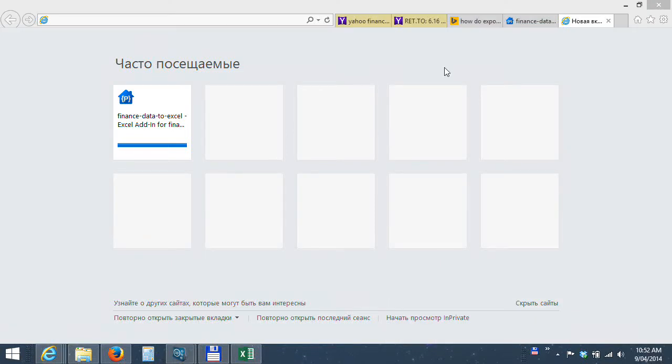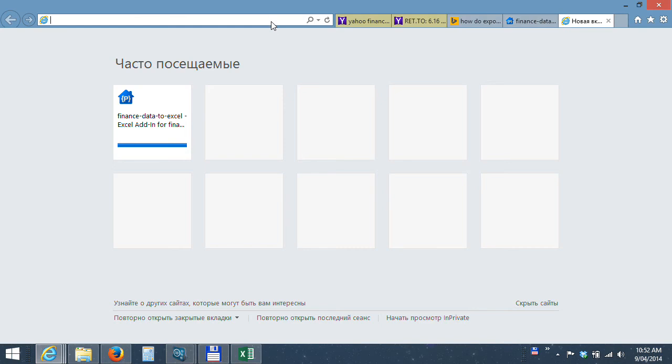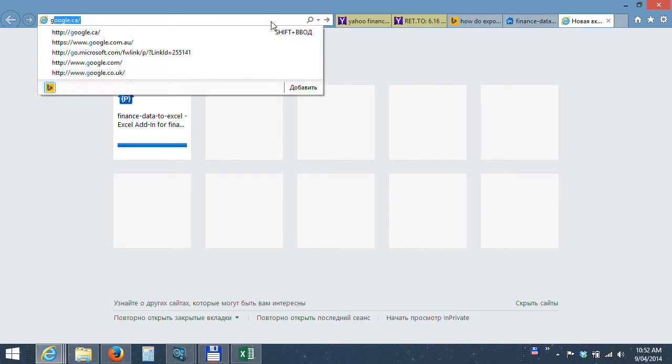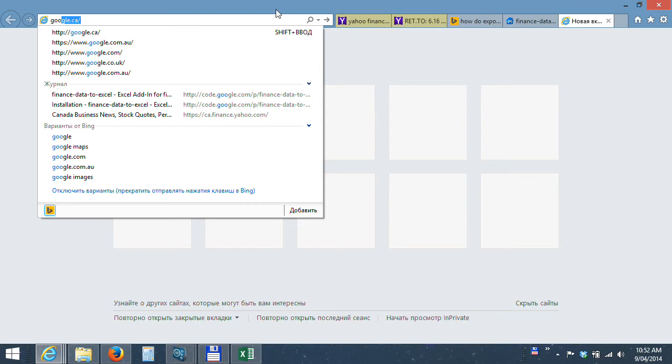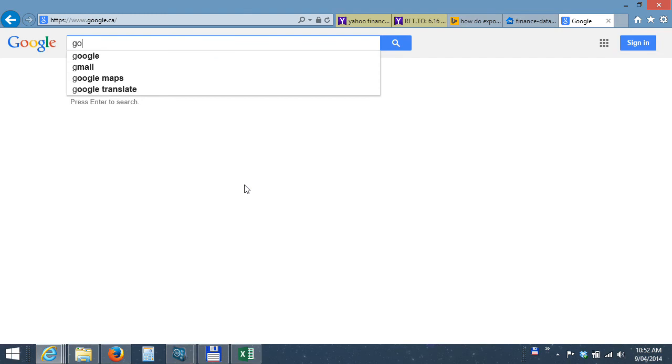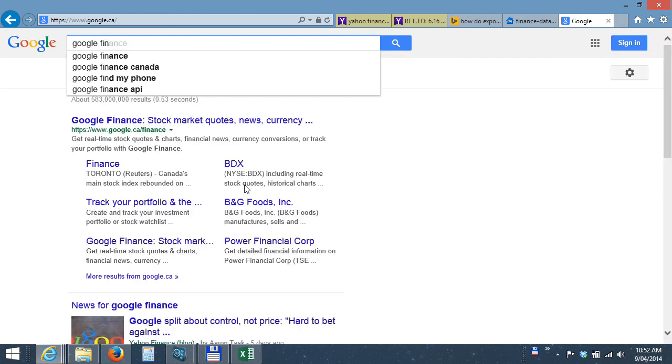Hello everyone, this is a quick tutorial on how to download the free historical data from Google Finance or Yahoo Finance. So a quick example I'm going to show you is using Google Finance. If you go to google.ca, Google Finance,